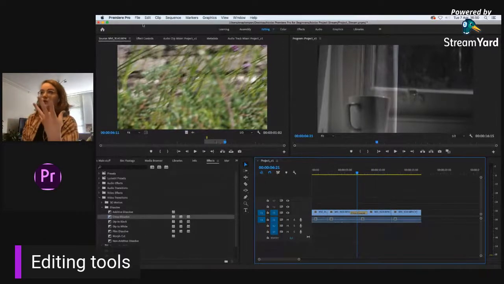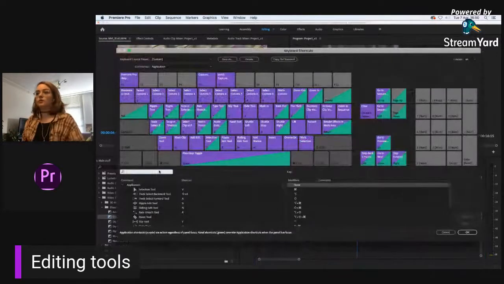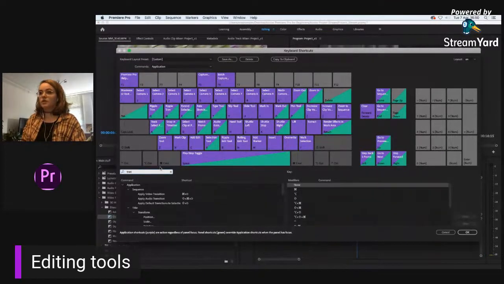There are also shortcuts for this. So let me see, keyboard shortcuts. I don't know them from the top of my head. Transition. Command D or Control D probably for